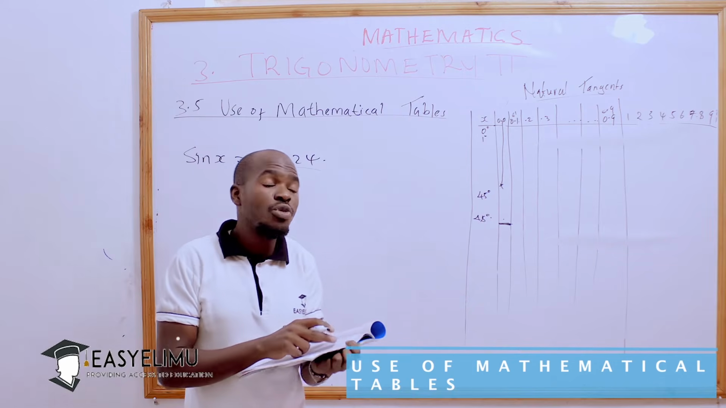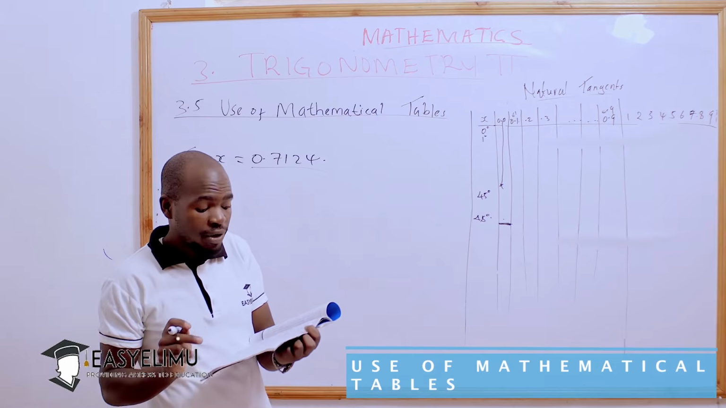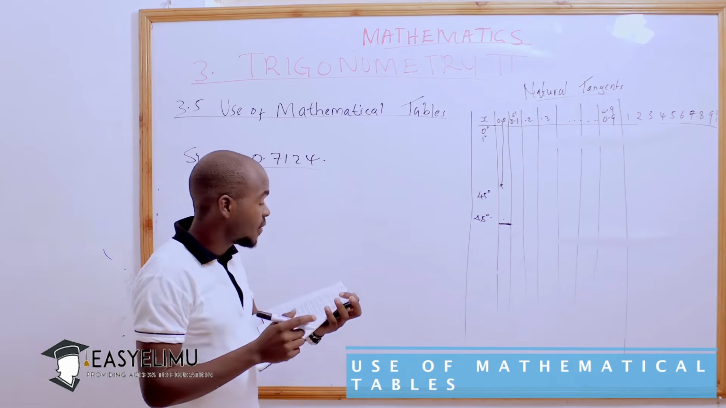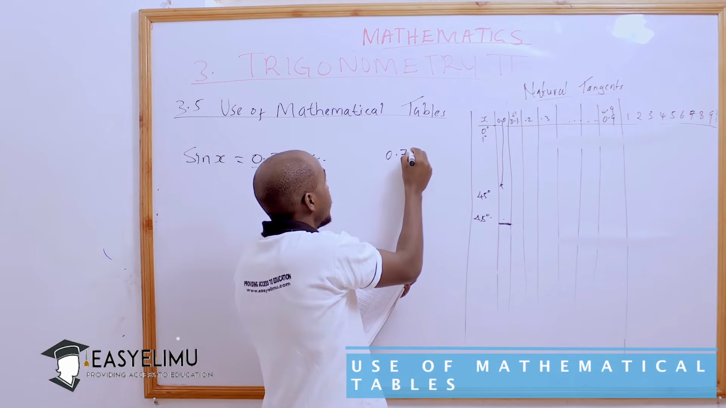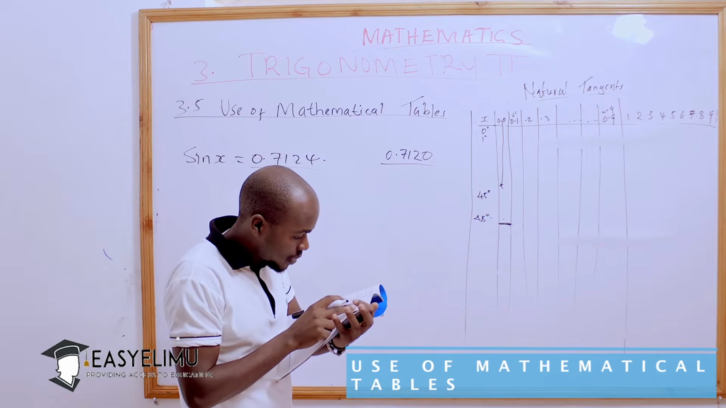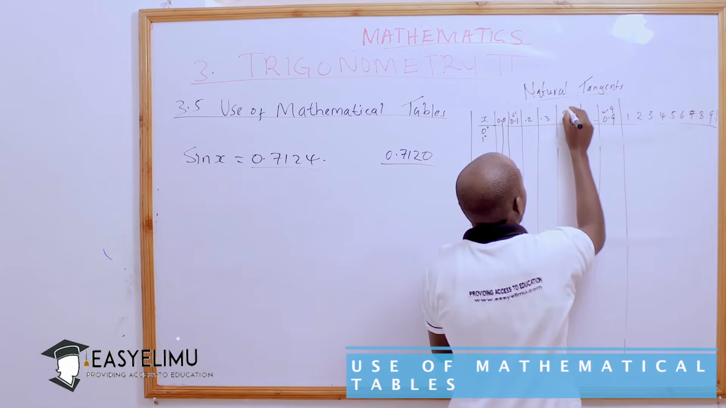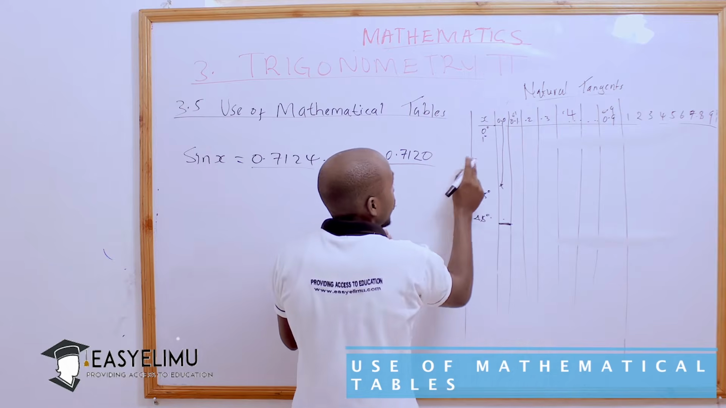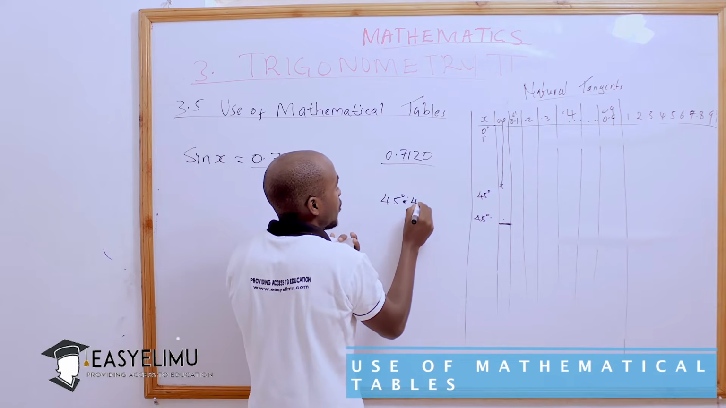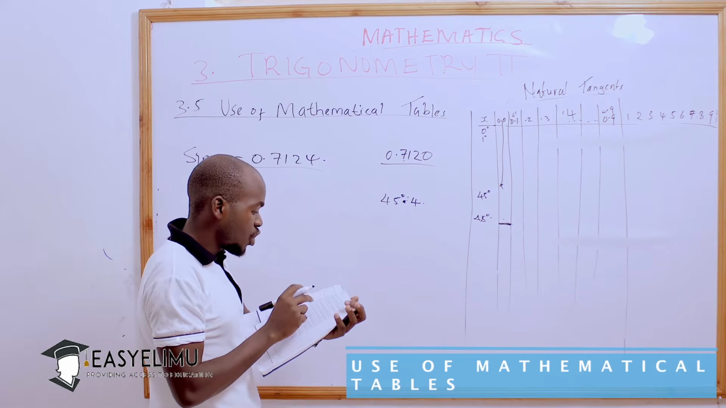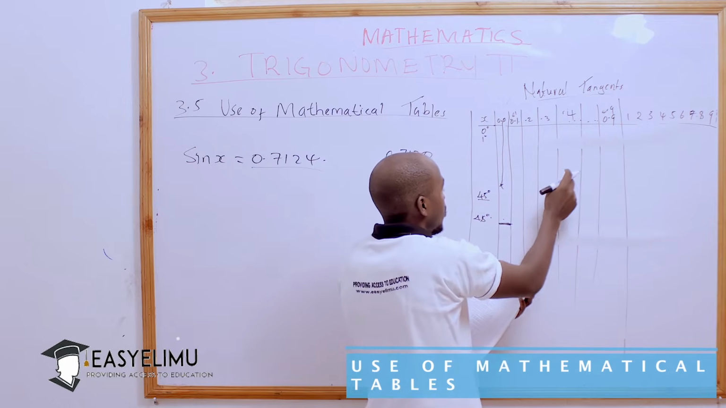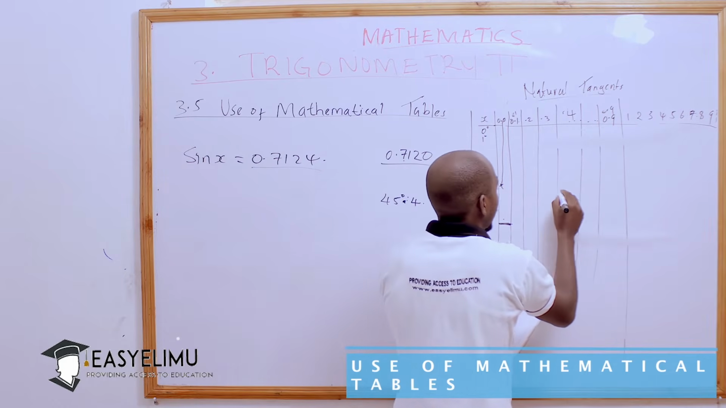0.7124. And for this case, if you move across that column which I have told you is 45 degrees, you will find the one which is close to our value here is 0.7120. And this one lies under the column of 0.4. So meaning that we have 45 degrees, but this one is lying under the column of 0.4. So it is like 45.4. So if you have 45.4, you will check under 45 and then you go where 0.4 is, and you will find your answer here is lying between